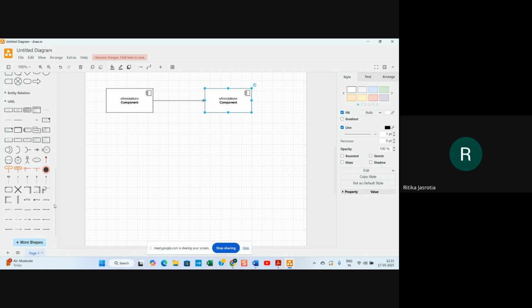Just an example. If you want to show the port, I don't know if ports are given here or not. In your StarUML, ports are also there. Interfaces are there, so you can have interfaces if you want. I don't find the ports. This is fork or join, one which we have not used, so you can use a